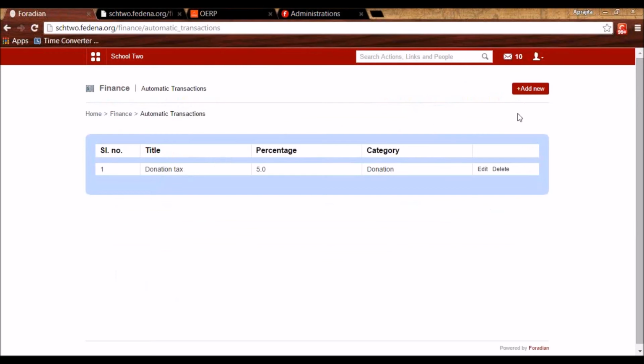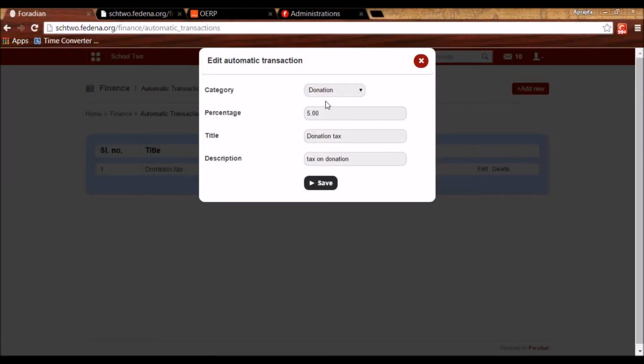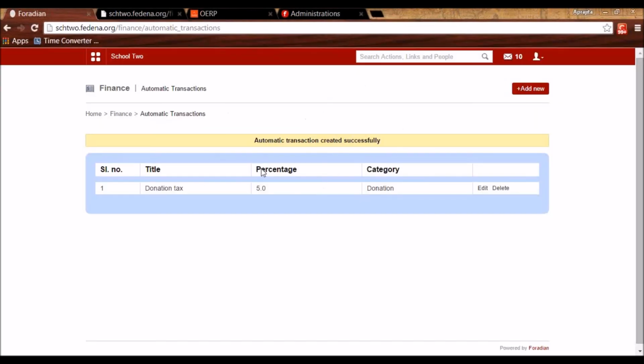So here we will click on new and select the category. So all the incomes are appearing, the custom created and donation. Mention what is the percentage that should not be reflected in the finance report. And you can give a title and a description.